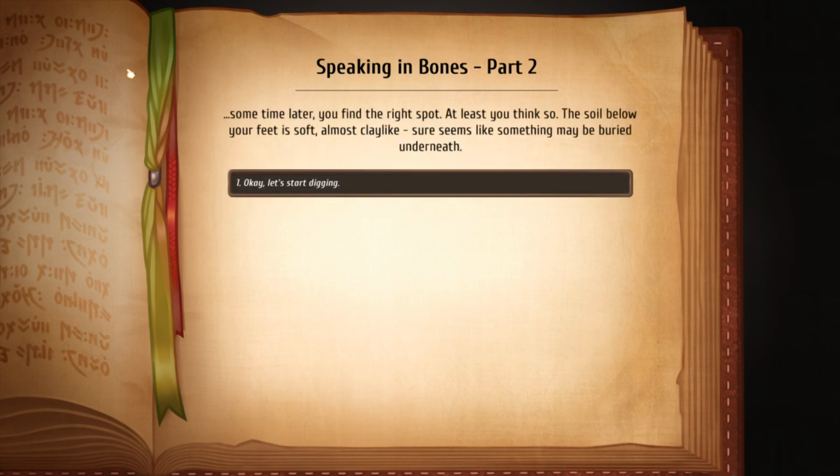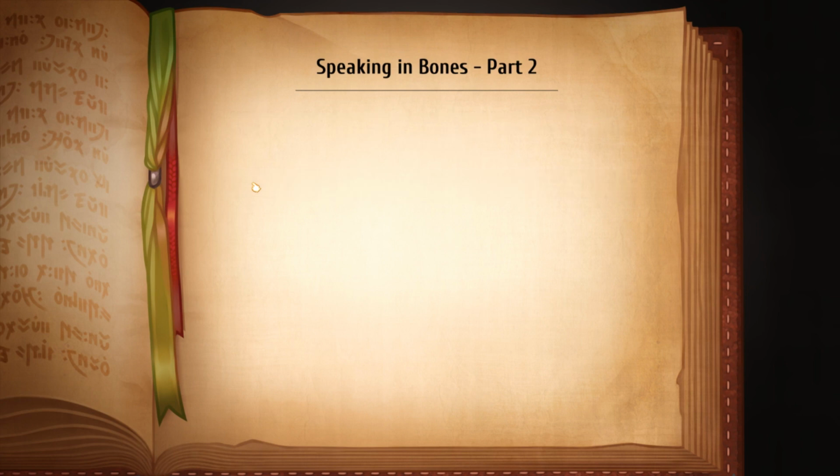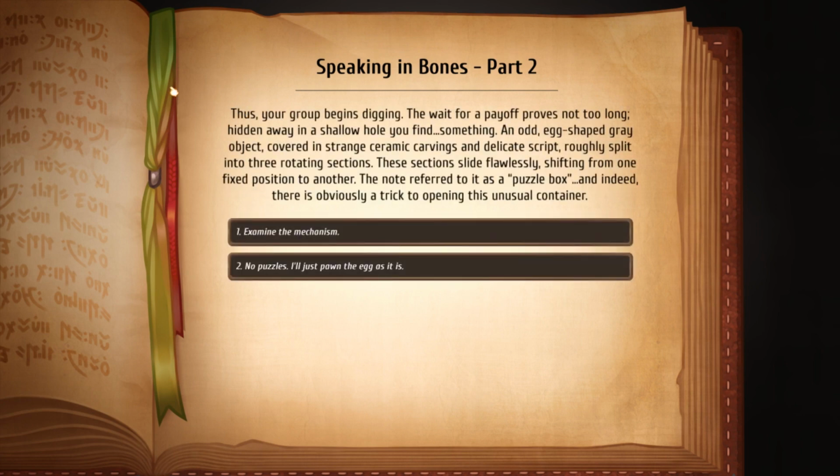Sometime later, you find the right spot. At least you think so. The soil below your feet is soft, almost clay-like. Sure seems like something may be buried underneath. Okay, let's start digging. Thus your group begins digging. The wait for a payoff proves not to be long. Hidden away in a shallow hole you find something. An odd egg-shaped gray object, covered in strange ceramic carvings and delicate script, roughly split into 3 rotating sections. These sections slide flawlessly, shifting from one fixed position to another. The note referred to it as a puzzle box, and indeed there's obviously a trick to